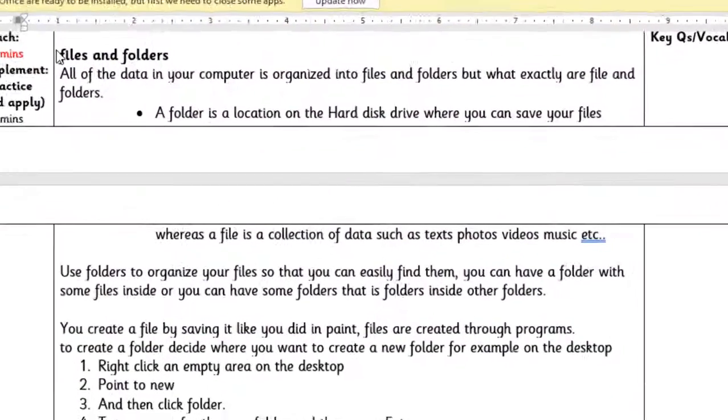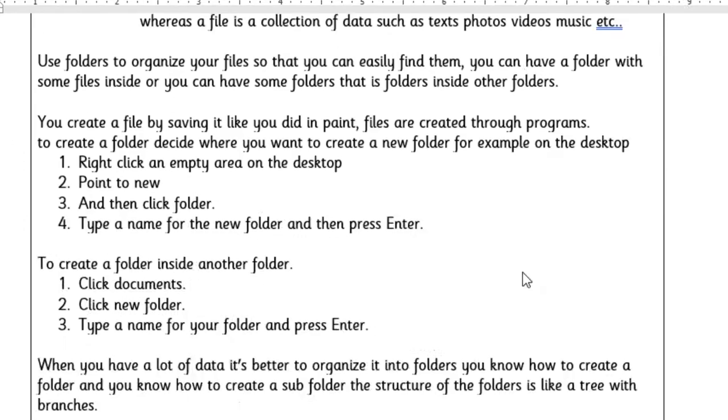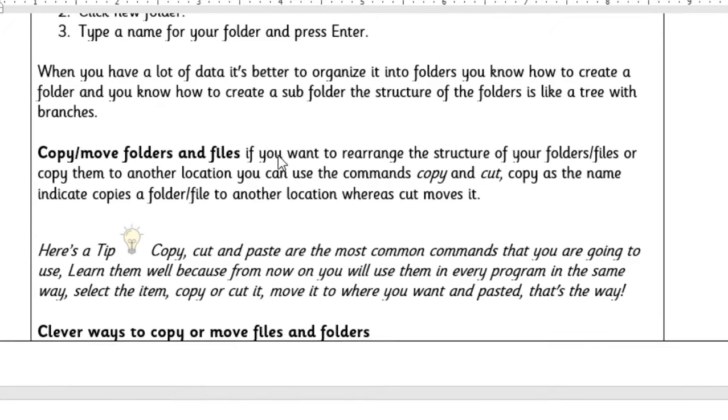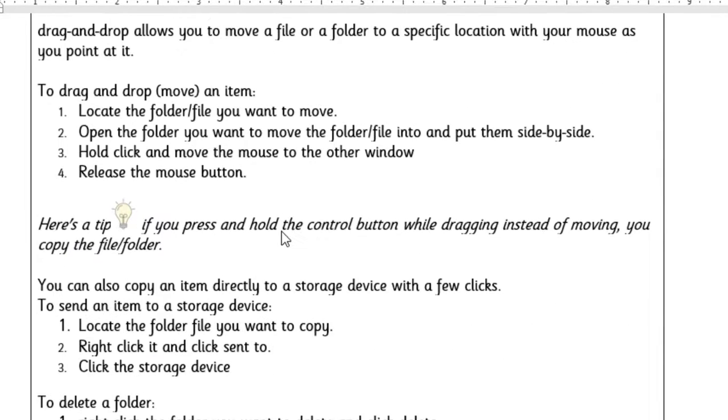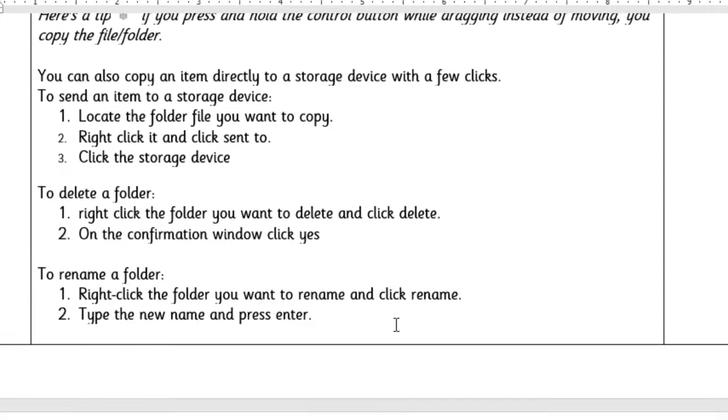Previously in the last lesson we talked about files and folders. We've learned how to copy and move files and folders, and we've also learned how to create a folder inside a folder. We've also learned the difference between copying and moving using the method called drag and drop, and how to delete a file, how to move a file from your hard disk drive to the recycle bin,